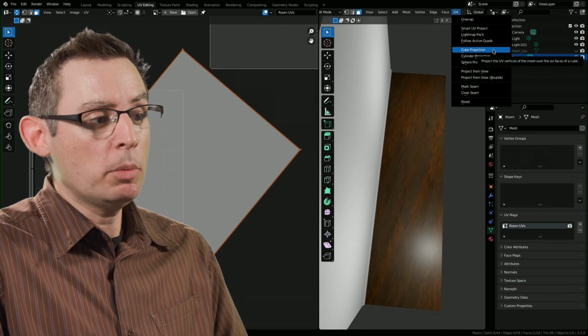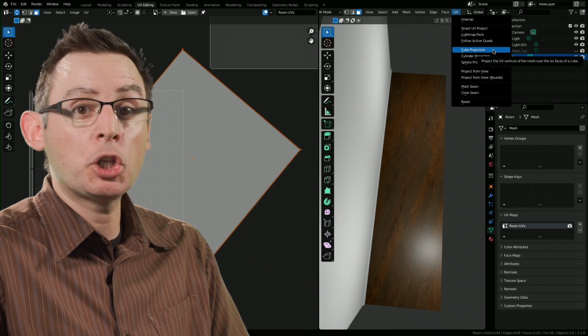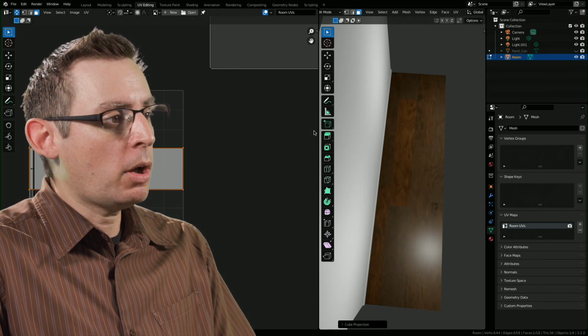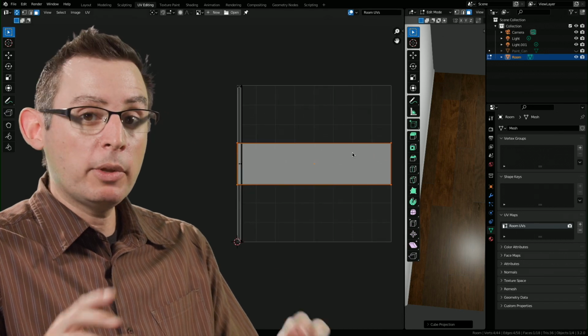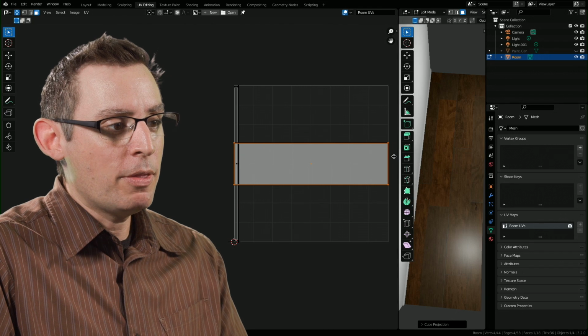And I'm choosing this one because the polygon that I'm working with is generally cubic. It's a rectangle, so the cube projection type seems appropriate. The moment that I click on it, it's automatically going to create a new UV for me in the grid. It's going to place it in the center of that positive UV quadrant automatically for me. And this is what I'm after.